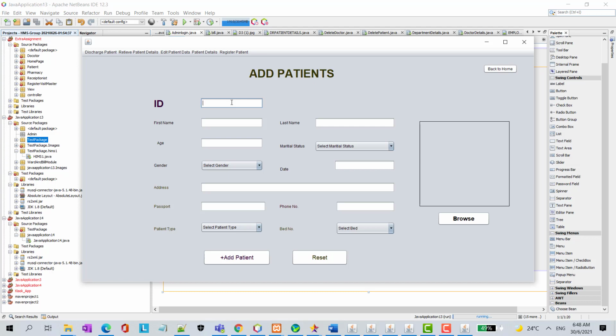So now we want to add a patient with ID 500, for example, and then the patient name is any name like Muhammad Zaman. Age is 35, and then he is single, and then his gender is male, and then the date is 21/09/2020,